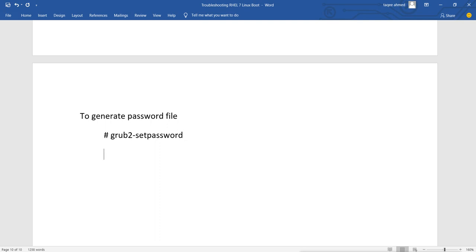Enter the password and retype the password, and done. That's it. You don't have to do anything else. The password is created. Now we have configured the password for Grub, and now nobody can edit the kernel and nobody can crack the password for root user.